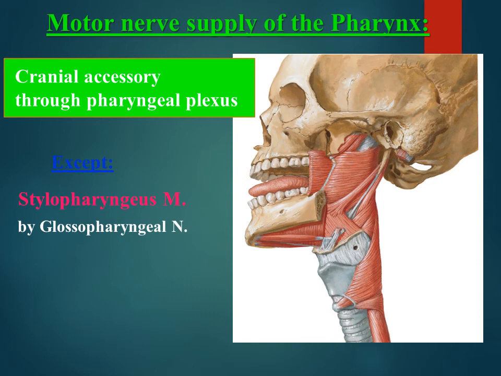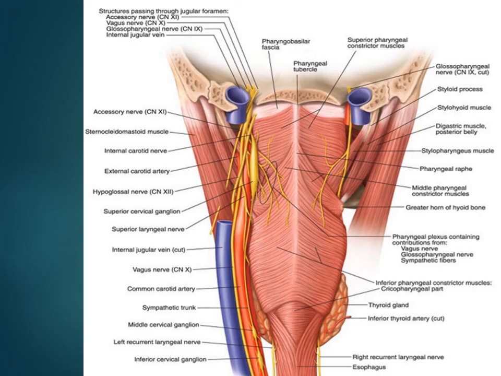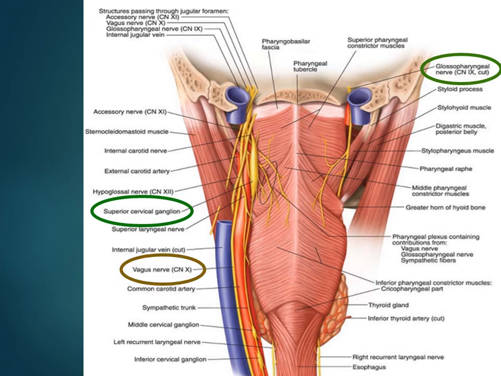Motor supply, as stated before, is mainly through the pharyngeal plexus by the cranial accessory, and the only exception is the stylopharyngeus, supplied by the glossopharyngeal. The sympathetic innervation is through branches from the superior cervical ganglion. The glossopharyngeal nerve carries the motor control, the vagus nerve the parasympathetic control, and the pharyngeal plexus, which is